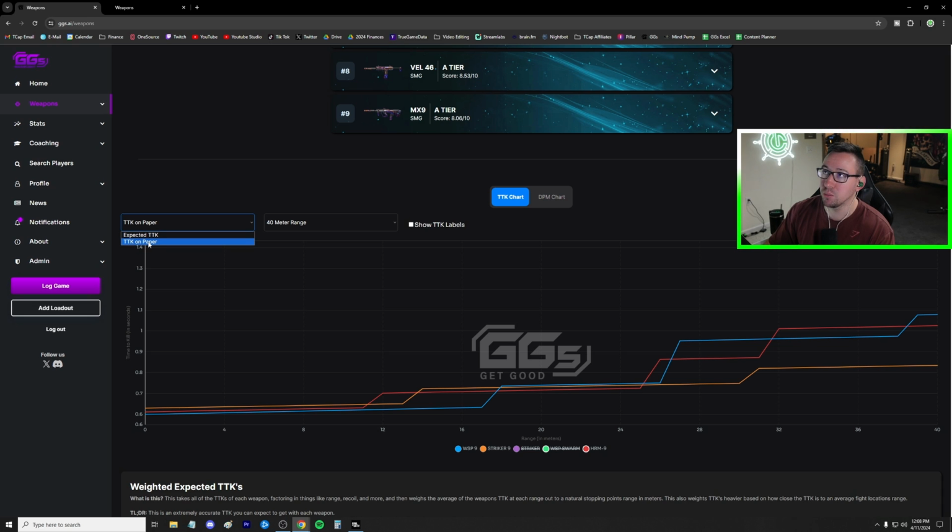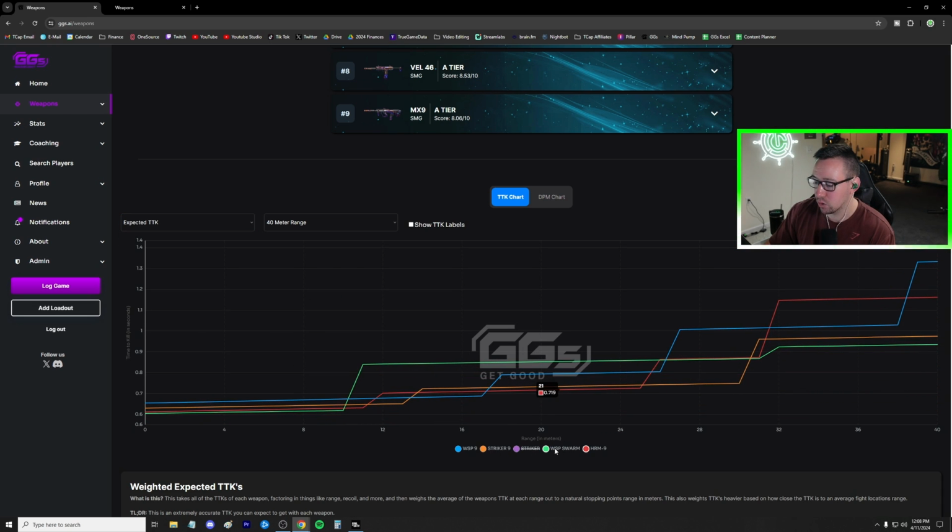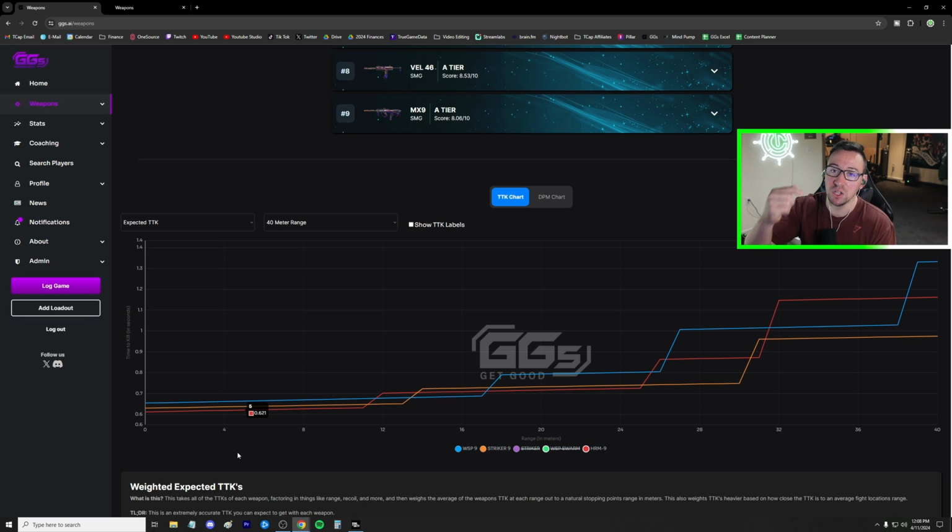So if we change this from TTK on paper to expected TTK, let me hide the Striker and the WSP Swarm. Now the WSP9 in blue, the time to kill gets much slower. And the reason for that is because we're factoring in that 50 millisecond open bolt delay. So an open bolt delay is when you pull the trigger, there's a 50 millisecond delay until those bullets start